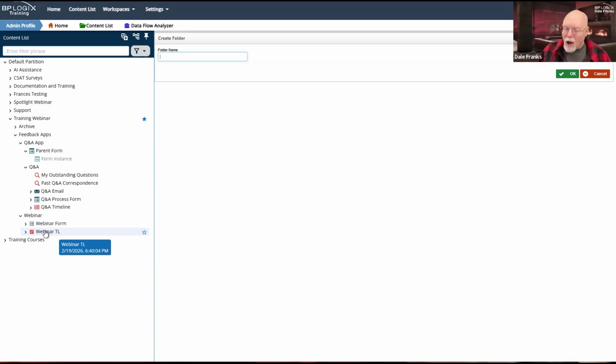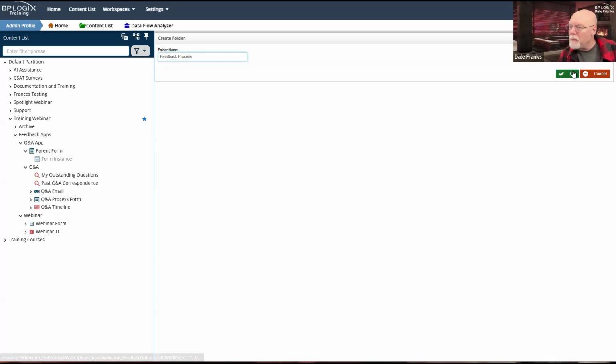And because I can invoke it from anywhere, that's going to have some implications for our configuration when we go back to the webinar form and we configure the run process custom task on our button click. Now, we can't do that yet because we do not, in fact, have a feedback process. So we should get on with creating it.